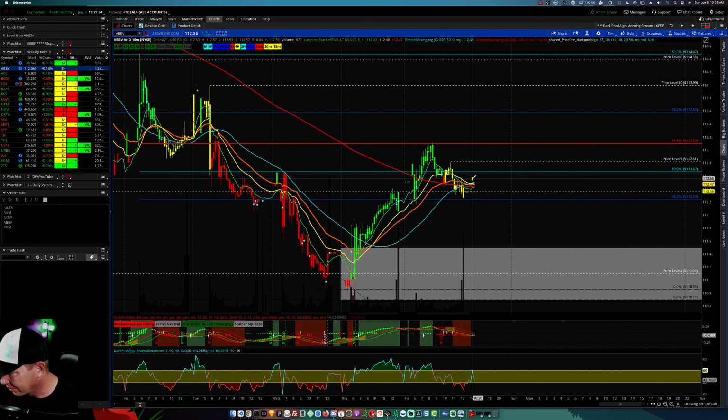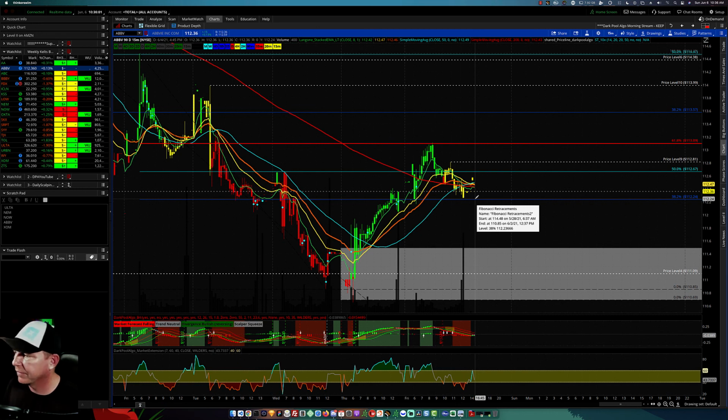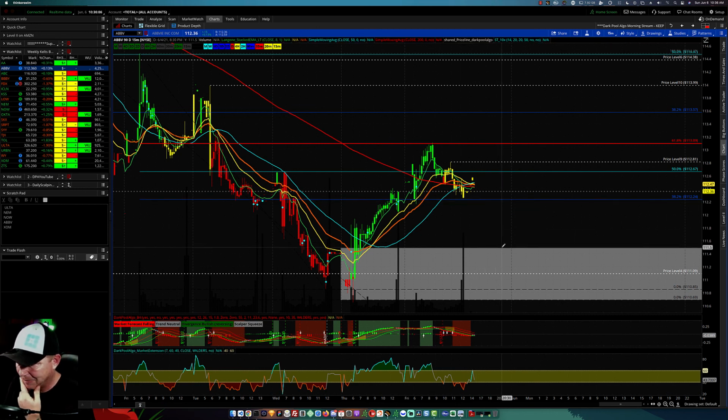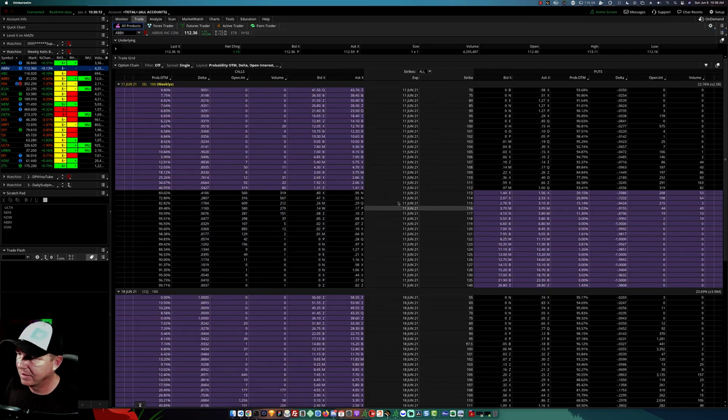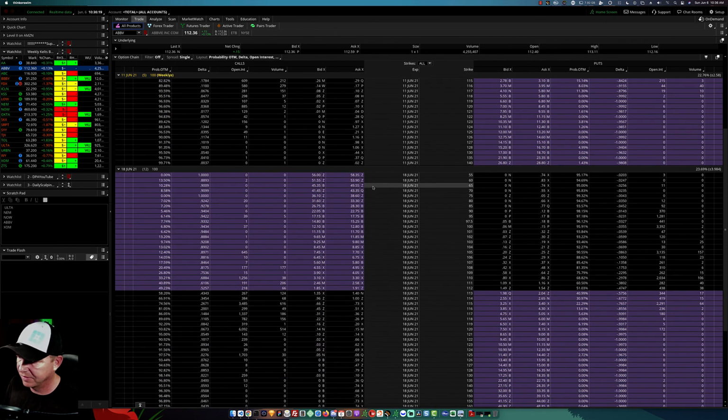sorry, that candle threw me off. So that's the candle, however we broke down. If we hit 112.25, I'm going to buy. If we break that, I'm going to wait until it decides to recover. So getting the 112s for this week, or possibly the 112s for next week,